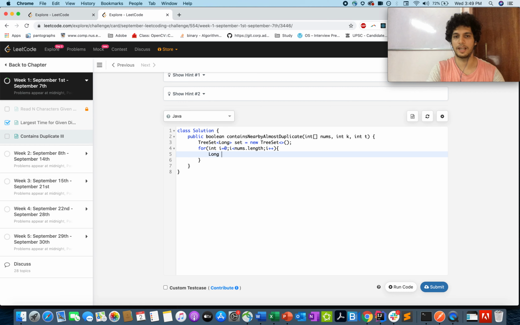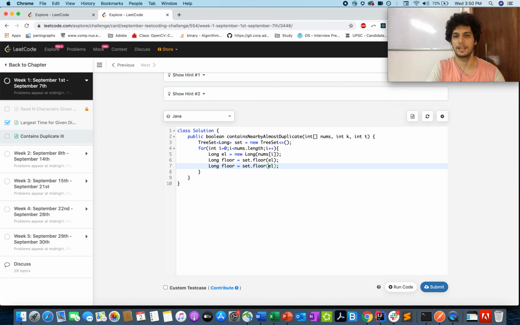Now let me find my long value of this element. el equals new long, since I'll be storing a long in my tree set, so nums of i. Then I'll search for my floor value and the ceiling value. So long floor will be set.floor, we'll pass el. This will give us the floor value.